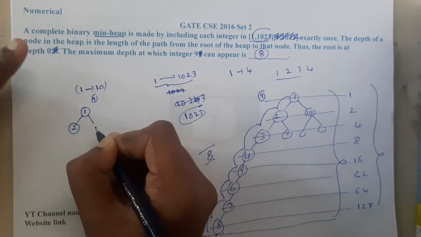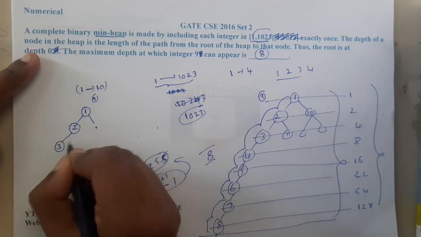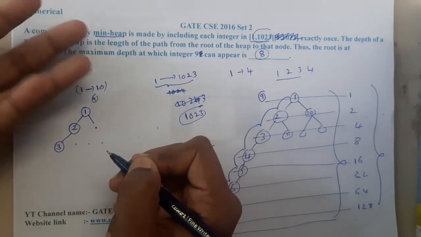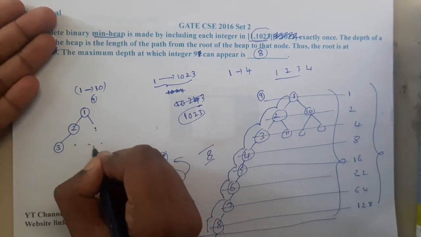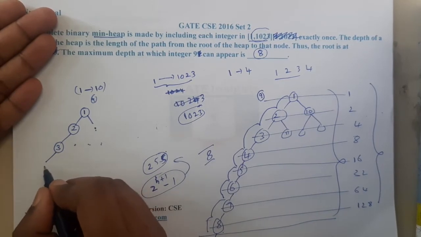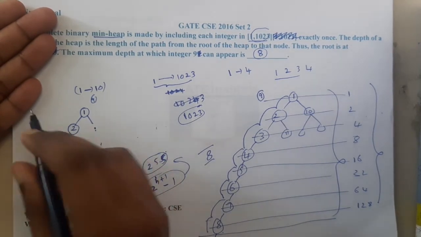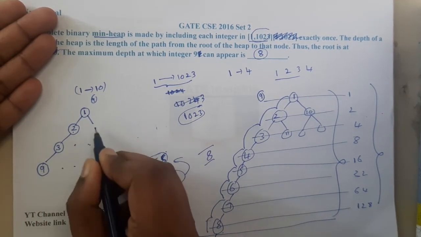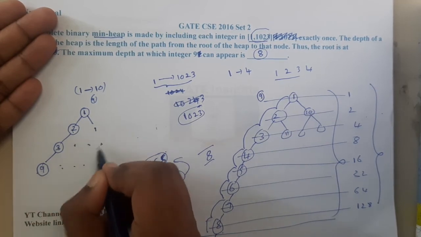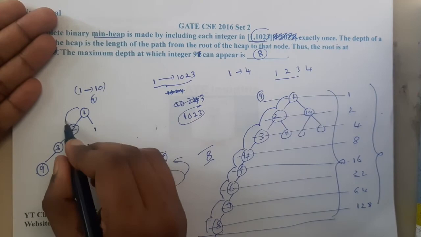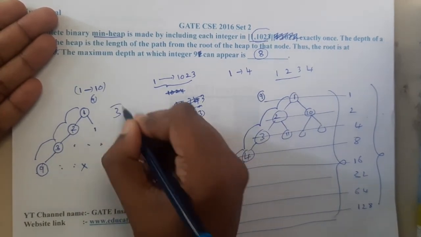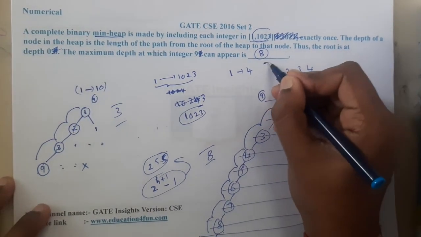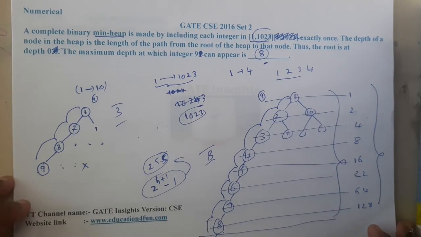Remember that there should be one element. You can come here and write 3 here. Now you are left with 4 elements that we need to fill: 1, 2, 3 and 4. If you assume 9 here, 4 elements are done. Then 5, 6, 7, so basically 1, 2, 3, 4, 5, 6, 7, 8, 9 and 10. So this is also not needed. It can go up to a maximum of 1, 2, 3, so you can go at max 3 height only. Even after that you cannot go. Now I hope everyone got a clear idea of how I am saying 8 and how I checked the previous cases.